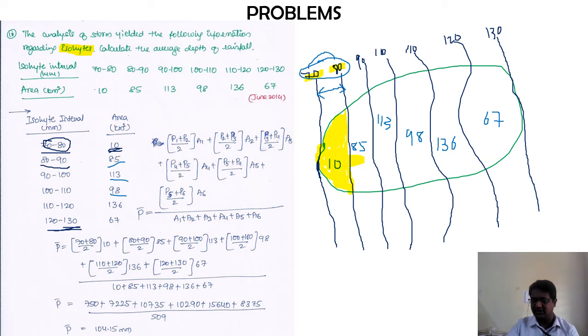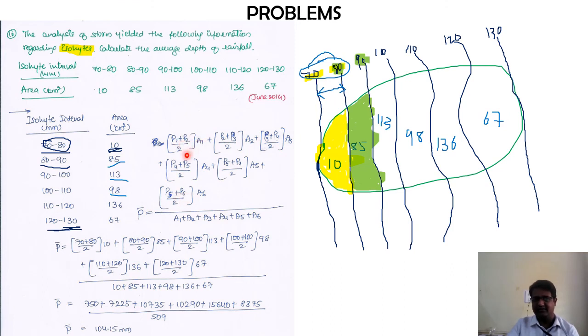Even if I try to show you this, our second option is going to be something like this. At this point, I'll take the average of 90 and again 80. Similarly, we need to go till the end. Till 130 mm what we have, here we have 6 sections. So ultimately we need to go till that particular part.